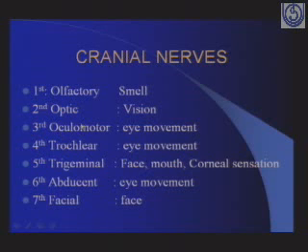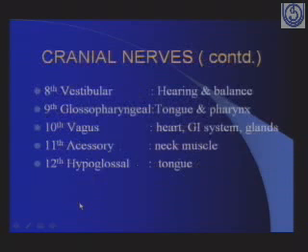I am not going into details because this is a basic ophthalmic science class. There are different recti muscles. The third, oculomotor, supplies only specific muscles of the eye. Fourth is trochlear, that is also concerned with eye movements. The fifth is trigeminal, that is concerned with nerve supply to the face, mouth, and also it is related to corneal sensation. The sixth is abducent nerve, also concerned with eye movements. The seventh is facial, it is concerned with the muscles of the face.